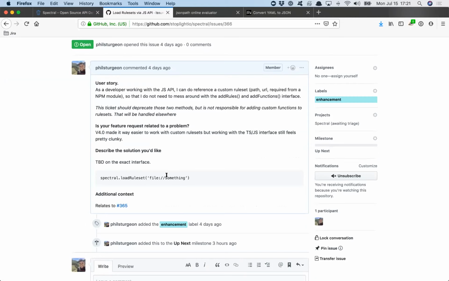So something we're working on right now is the ability to load rule sets via the JavaScript API, right? Because right now, if you're working with custom rule sets, you go the CLI route, and if you want to work with rule sets via the TypeScript API, you kind of can. With the TypeScript API, you can still add rules and add functions yourself. So if you would like to do something very, very custom, you can use the TypeScript API directly and add rules and add functions that way. But it's kind of two different approaches. So version 4.1 will remove those differences by letting them both do both, if that makes sense.